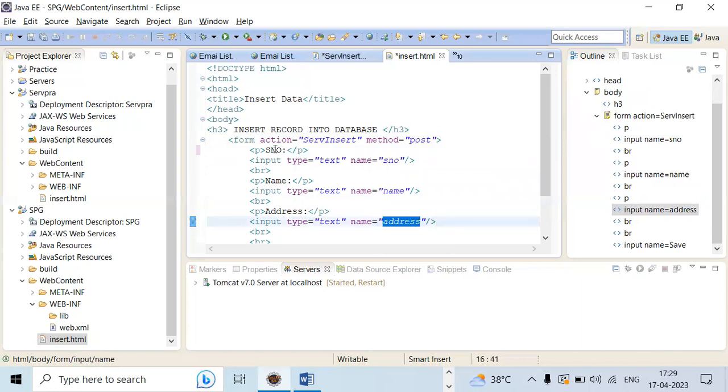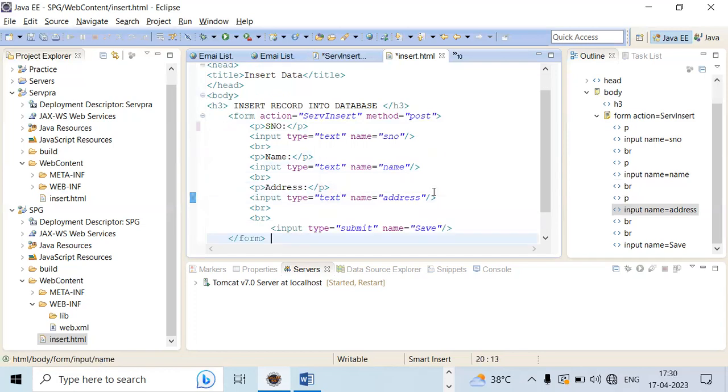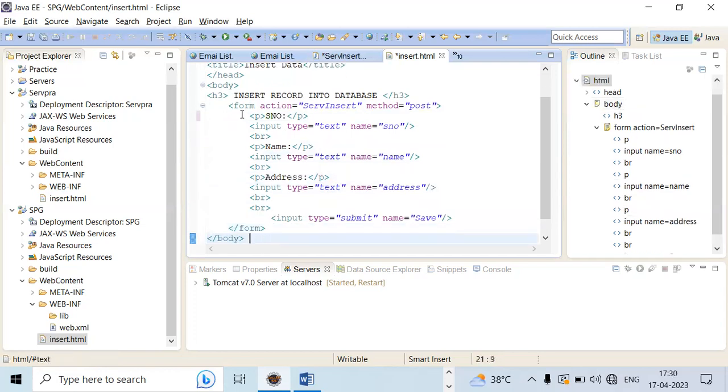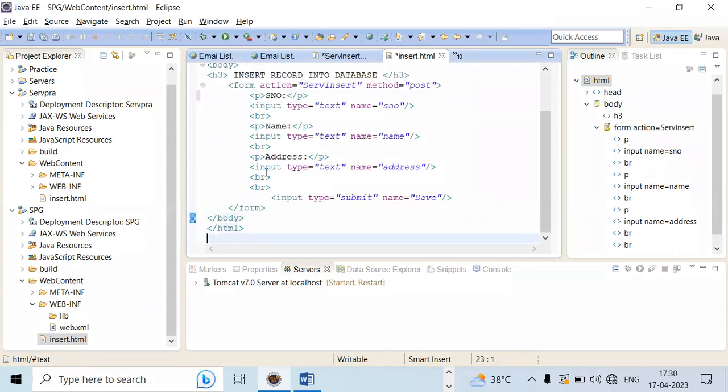So whatever values I input under the serial number on the HTML page will move to the database. The same way, the others also move to the database. Clear? I chose only three because my database table has only three columns: serial number, name, and address. The table name is student details. After this, three text boxes and this label